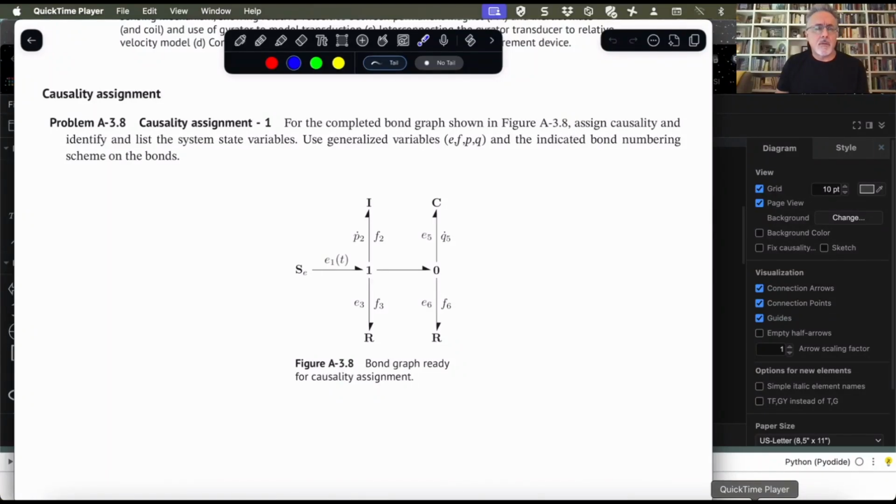In this video, I wanted to go over one of the examples that you'll find in the MPS Solved Problems. It's a basic causality assignment on a given bond graph. I'll go through the causality assignment, but then I'd also like to show you how you can use the bond graph editor software to build the bond graph and also apply causality and in that way determine the state variables